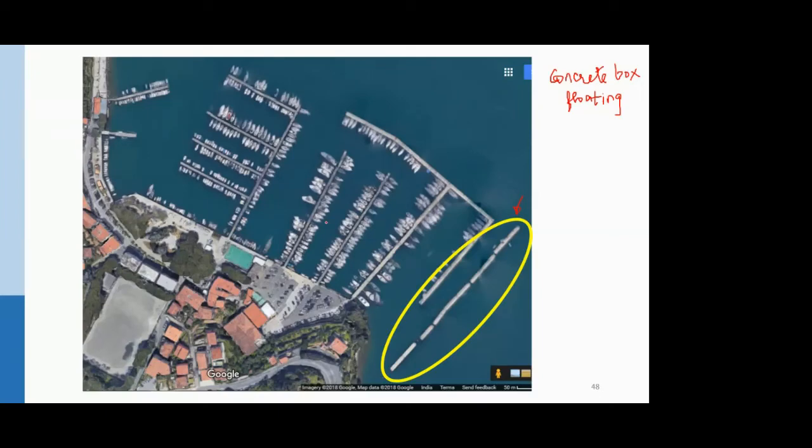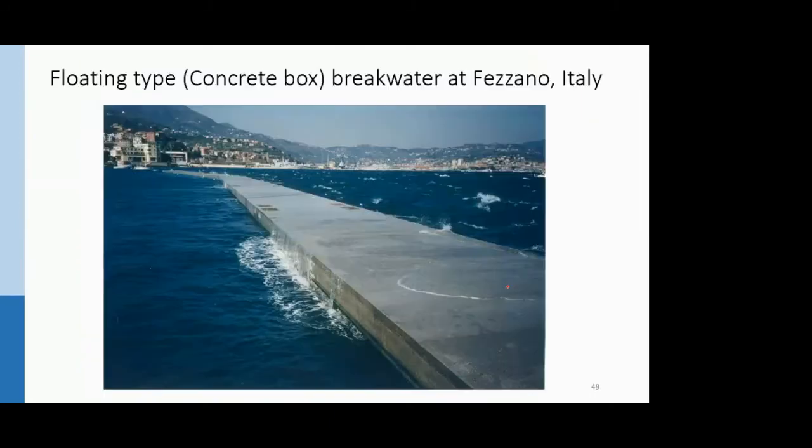So this is a marina harbor. Marina harbor, now you know what it is. It is the place where all the private yachts and boats can be parked. So this is a marina harbor, and to protect that marina harbor, you have this floating type of breakwater. Okay. So again, it's in Italy, and it looks something like this. So you see, this is the box, and maybe this box continues a few meters inside as well into the water. But on the top, you can see only this much thickness or height, and it is hollow.